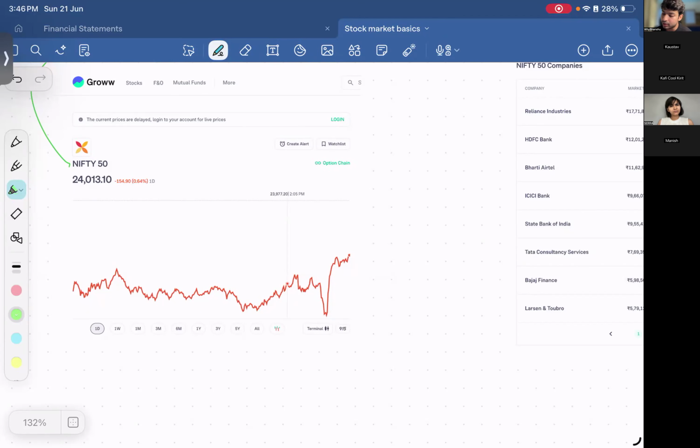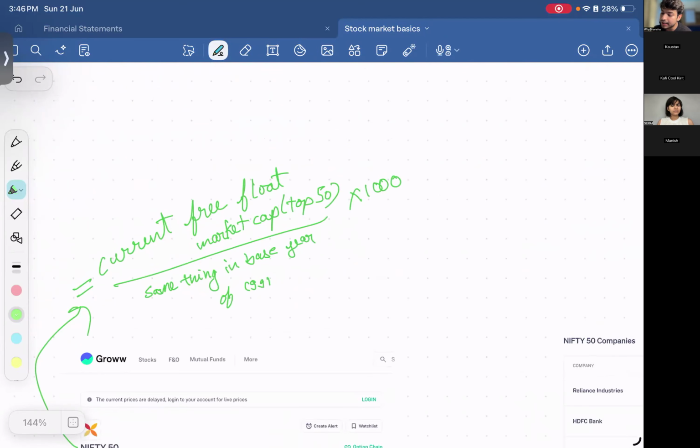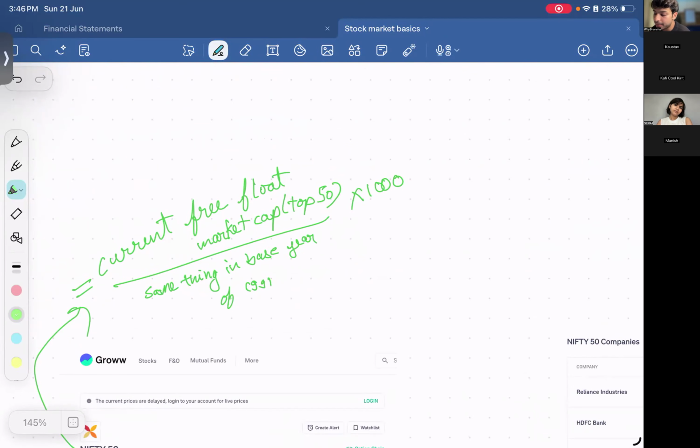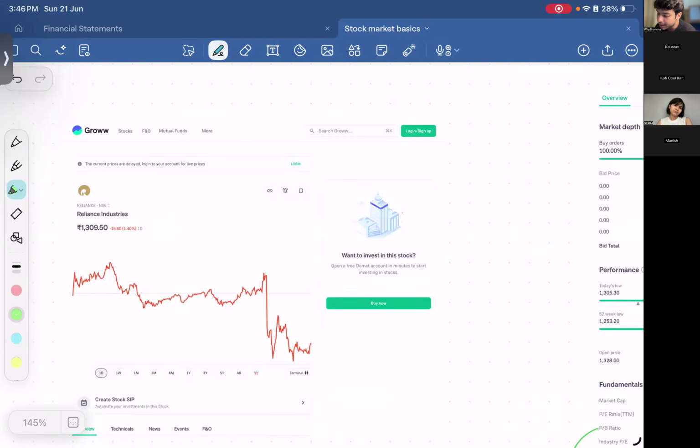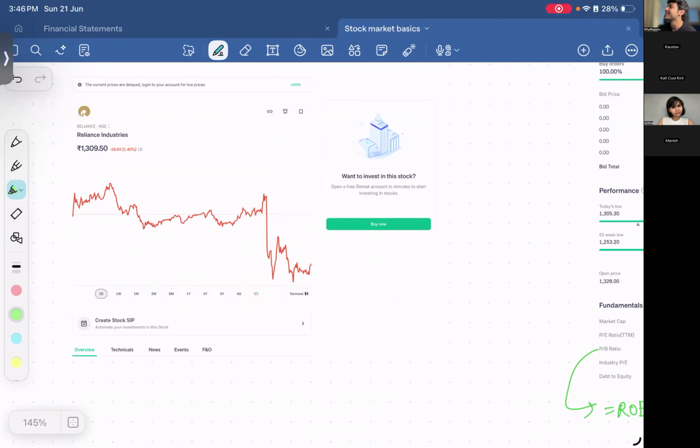Now, how is that index calculated? The formula for that is basically current free float market cap divided by the same thing in the base year 91. Before we understand this formula, we need to understand market cap. And what do I mean by that? Market cap, you will be surprised. This is actually a test I have done with someone who has been an MBA from IIM Bangalore. One would imagine they know what market capitalization means, but they also don't know what market cap means. It's the most fundamental thing in finance, but it's not as well known as it should be. Market cap basically means,